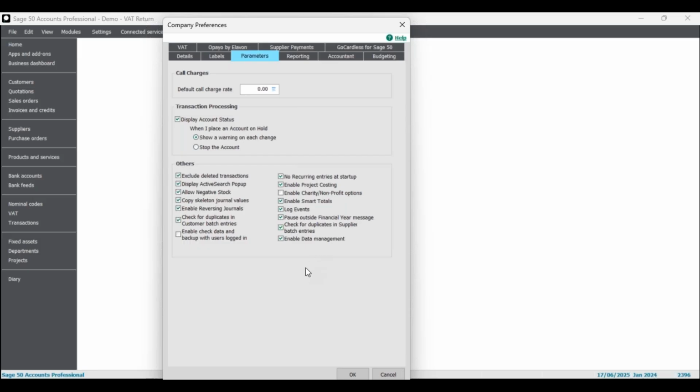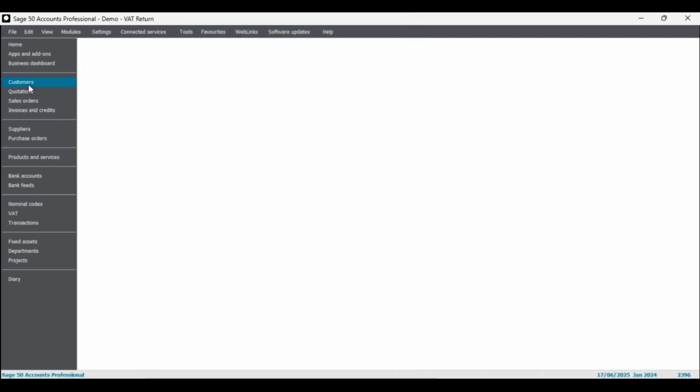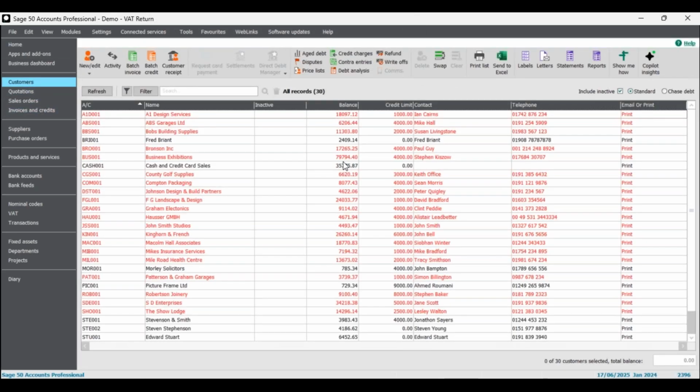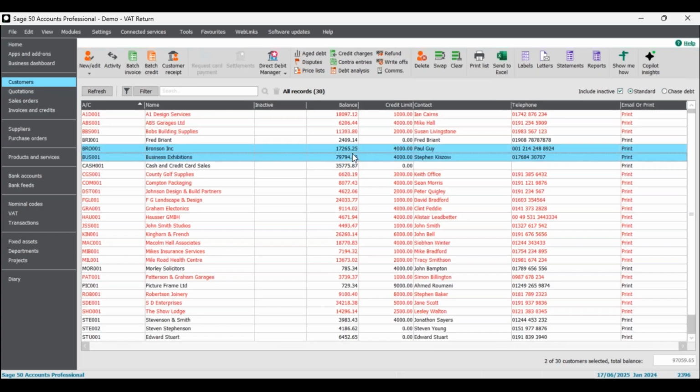Nice and easy. Now, enable smart totals. This is another good one. So what are smart totals? I'm not going to turn it off and on again. I'm just going to show you what it is essentially. So you can see these customers here